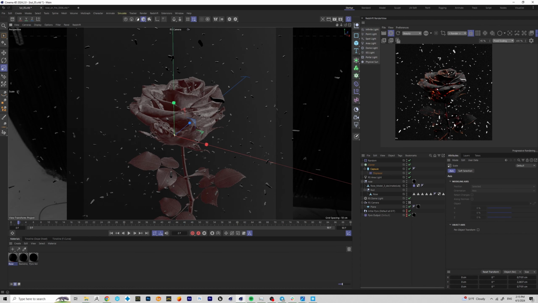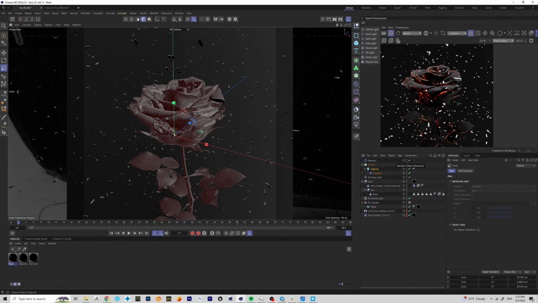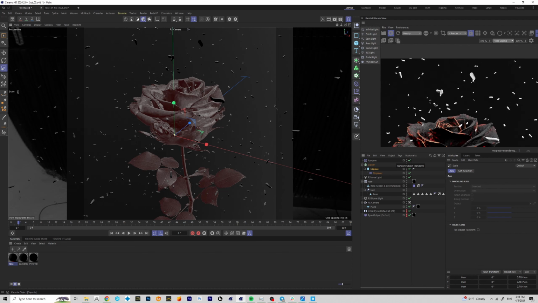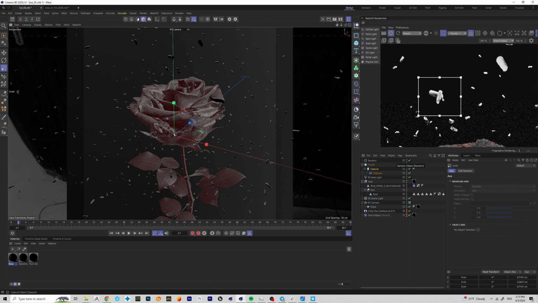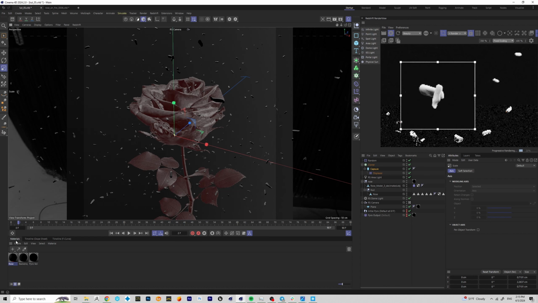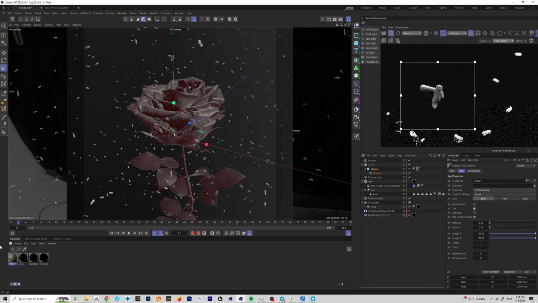So this will be our future embers, and for them to look like embers, we need a special material. Let's set it up. So I'm going to select only this little area, and I'm going to create material, call it Ember, apply it to my capsule,